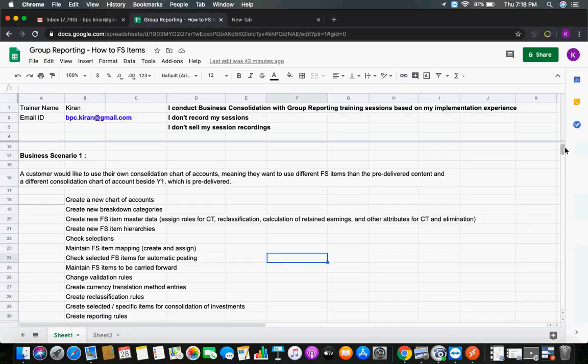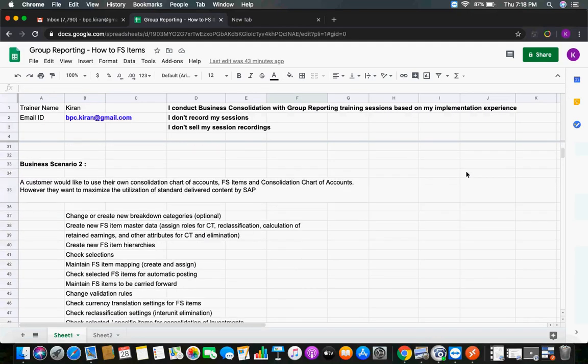Second scenario. A customer would like to use their own consolidation chart of accounts and FS items. They want to use their own things. However, they want to maximize the utilization of standard content delivered by SAP. This is the common requirement in any project, right?